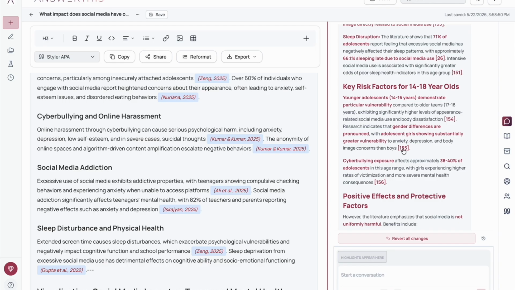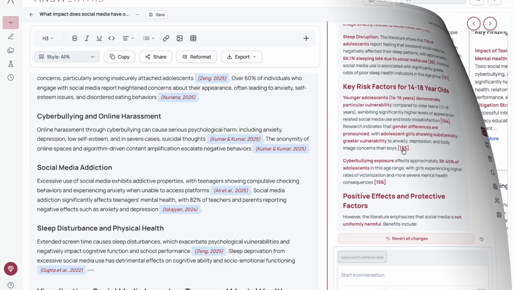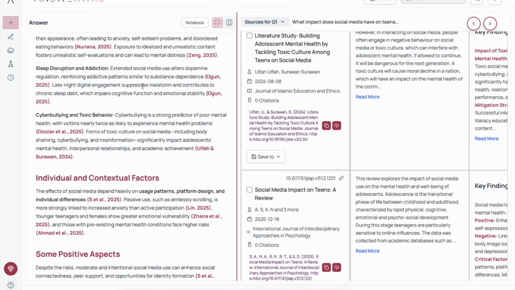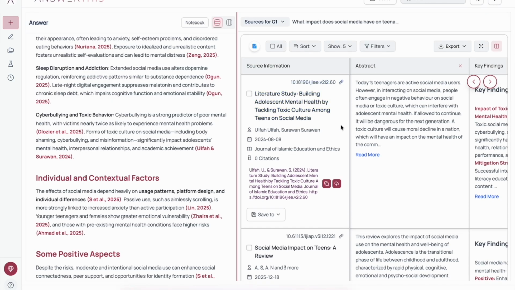So once again, these are unique features that I find very, very beneficial when I'm doing my research as well, interacting with the AI writer, and most importantly, just seeing these integrations work seamlessly together has been beneficial not only for me, but for many people conducting research. One of the great features that I've always loved about AnswerThis is their organization section here,